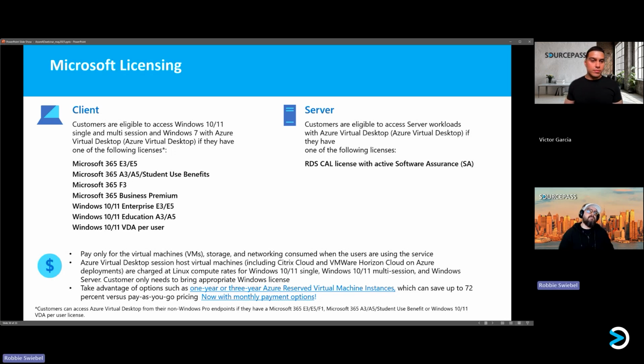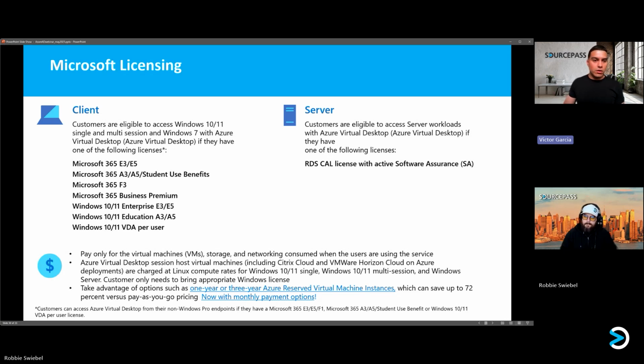Victor, is there something that I can do if I have an AVD that I know is going to be around for a while? Is there some sort of discount I can acquire if I know that I'm going to have these servers around for a while? Yeah, so Microsoft offers what's called reserved instances. They do 1 year and 3 year. And what that basically is, you are saying we are going to hold on to this instance of this AVD for the predetermined length of time. And in doing so, you're getting up to, I think it's 72% cost savings if you go with the 3